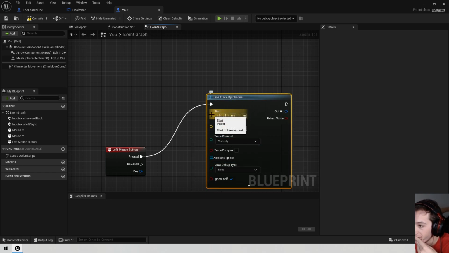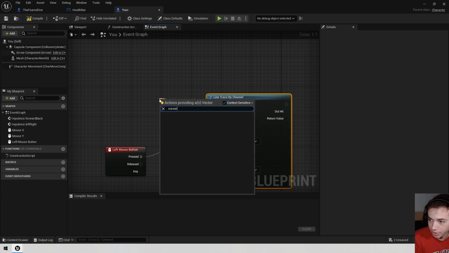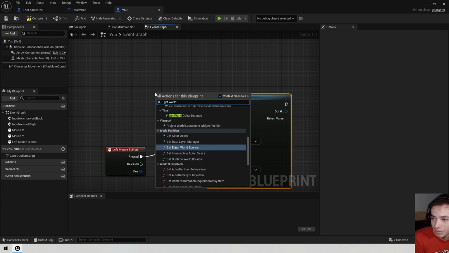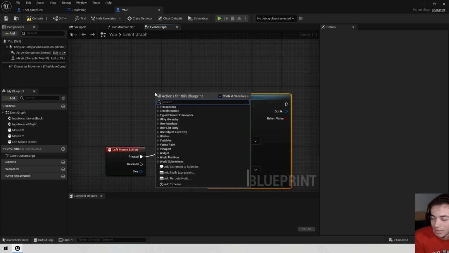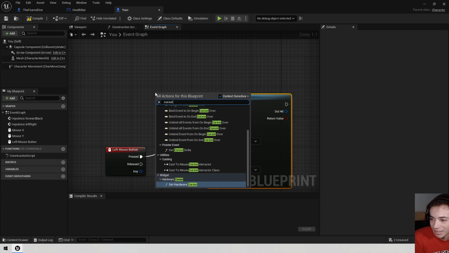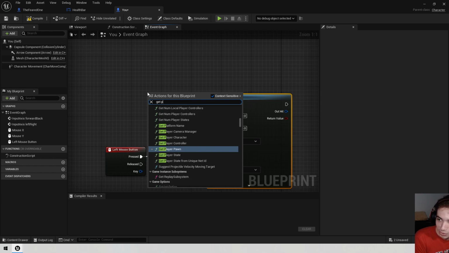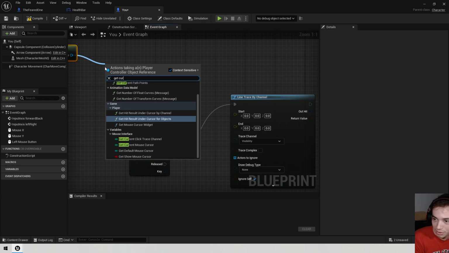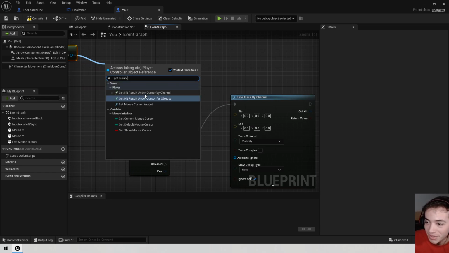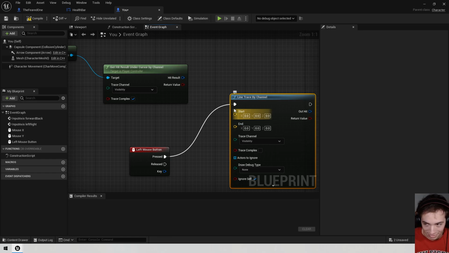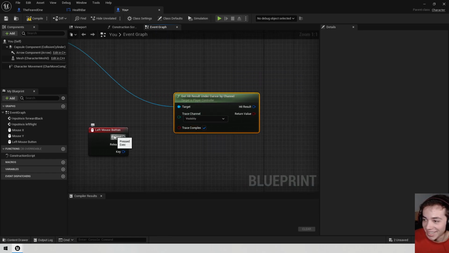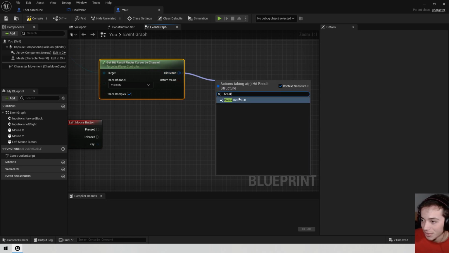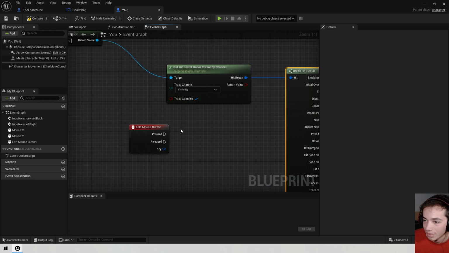Okay, yeah, no, never mind. Cursor position, get world position, cursor, get player controller, and then under the player controller, get hit result under cursor by channel. That's what we wanted. There we go. And then hit result, break hit result,